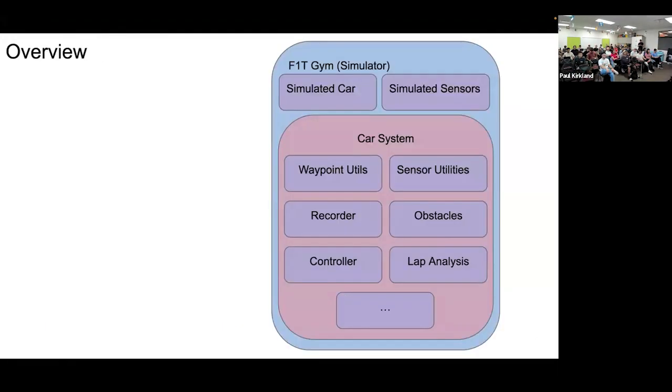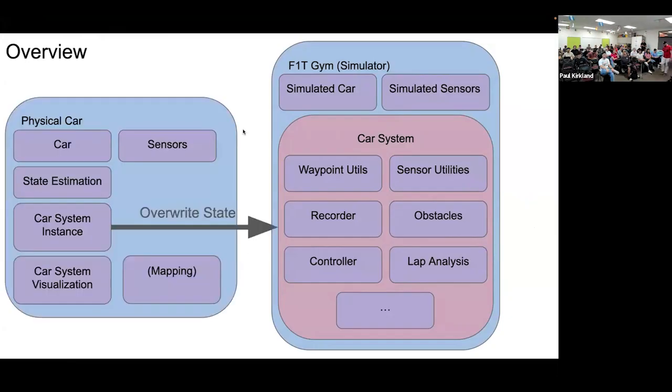Yes, the simulator is a very important part of it, and I tried to show the most important parts of it. So we, of course, have a simulated car, which is just a car model, and we have simulated sensors in a simulated 2D environment. And usually we develop everything in the simulation because that's ROS-free and it runs on everyone's computer without worrying about which Ubuntu version you have. And on the physical car, we also have some